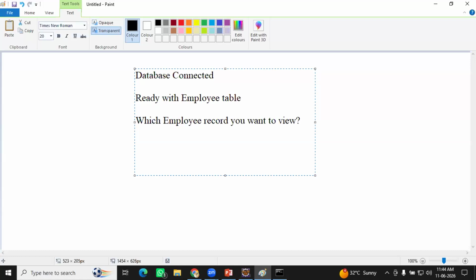Okay. I will enter an employee name. For example, my name. I'll enter my name like this. Employee name. You need to check whether this name is available in your database employee table or not. I'm speaking about first name. I'm not speaking about last name. I'm speaking about which name? First name. If this name is available, then you need to display